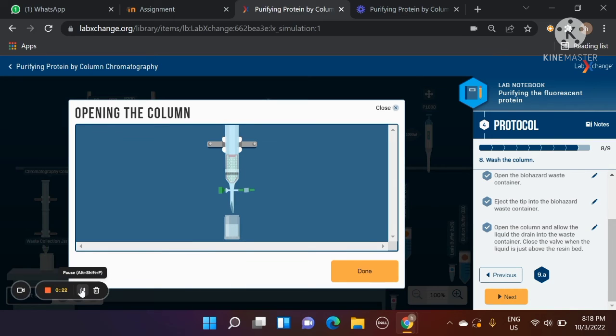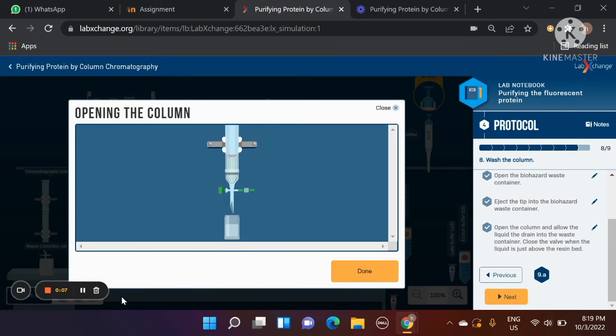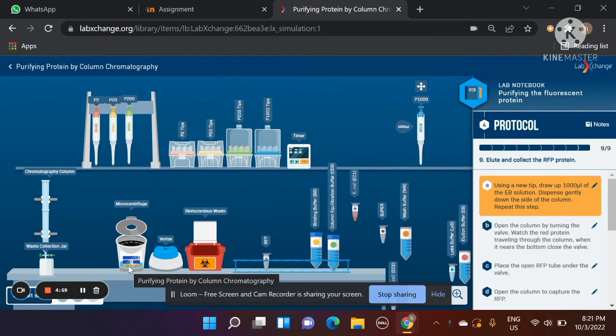And finally, we have to open the column and allow the liquid to drain into the waste container and close the valve when the liquid is just above the resin bed. Then we already done the process. Then now we move to the last procedure, which is elute and collect the RFP protein, which is the first